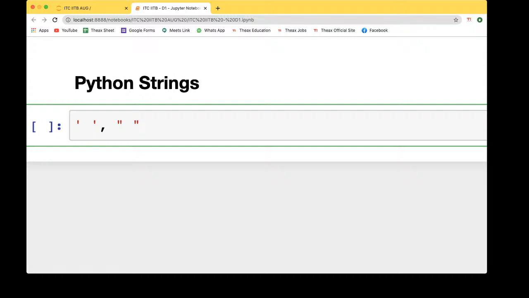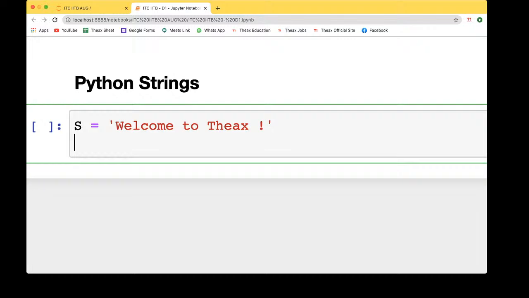Consider, if I'm writing this, S is equal to "welcome to peace", and let's say R to be Python.